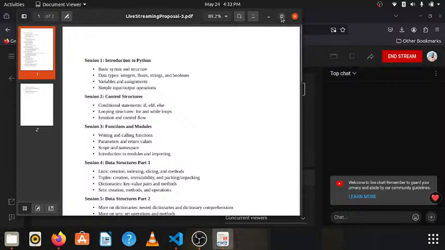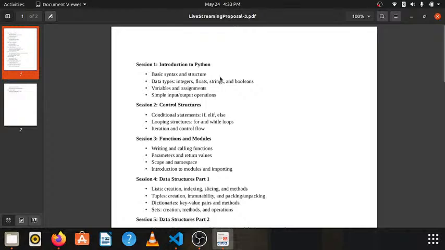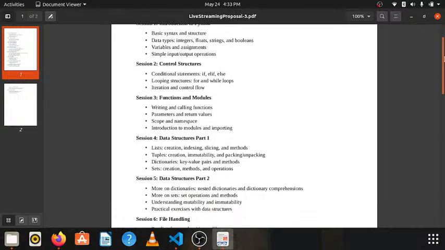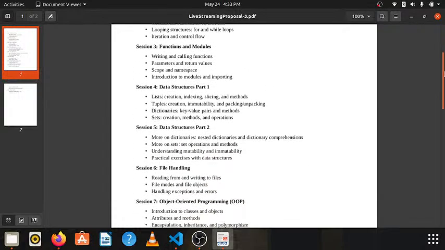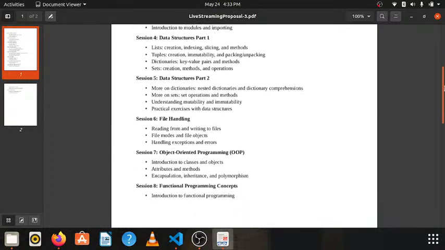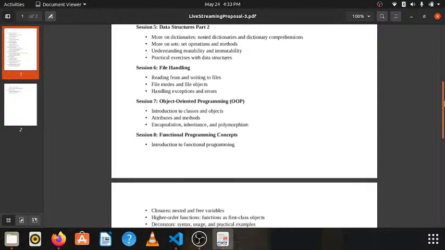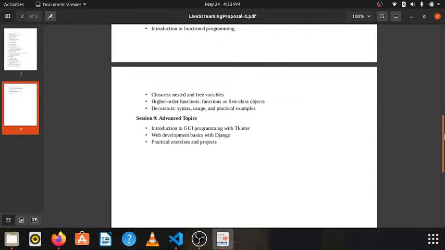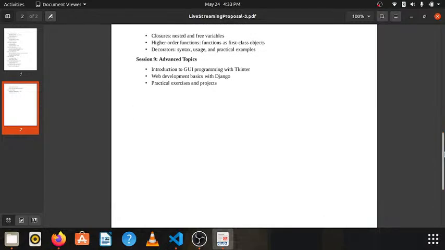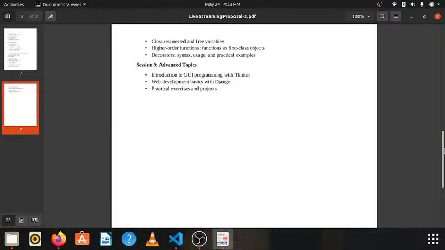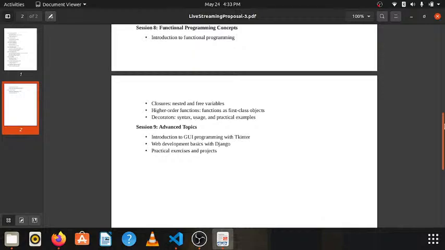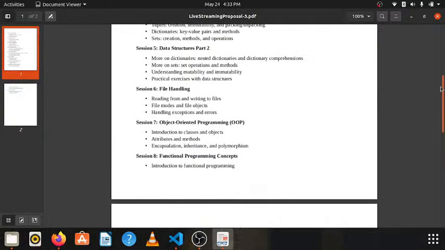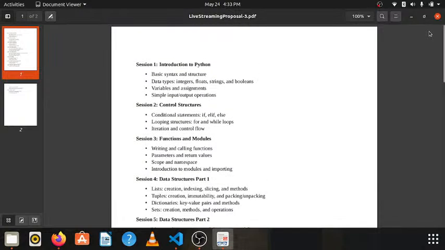And here is the course outline, starting from introduction to Python, to control structures, functions, modules, data structures part 1, data structures part 2, file handling, OOP, that's object oriented programming, functional programming concepts, advanced topics such as GUI with Tkinter, and also web development basics with Django, and practical exercises and projects. For today, we'll be kicking it off with